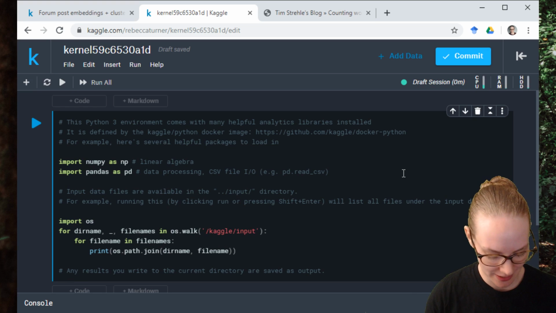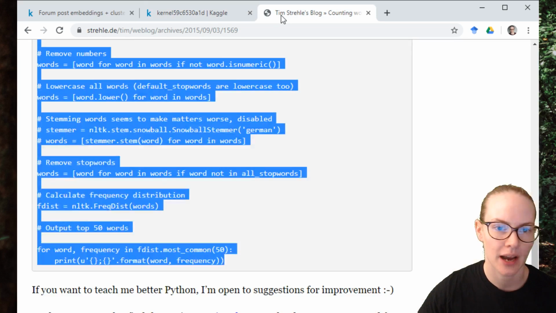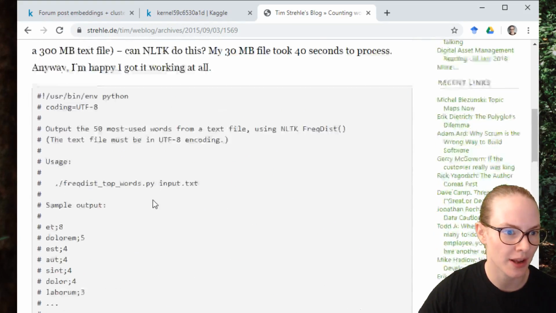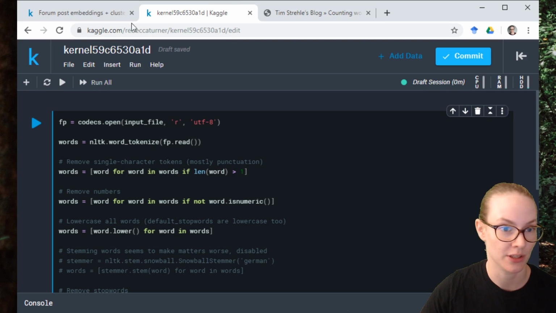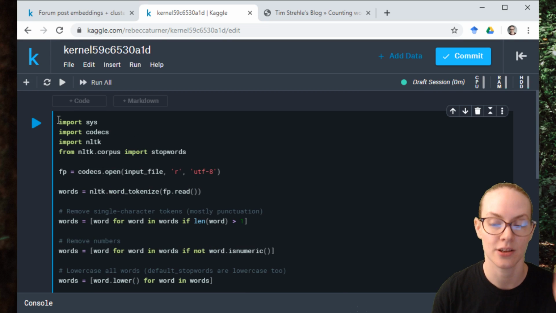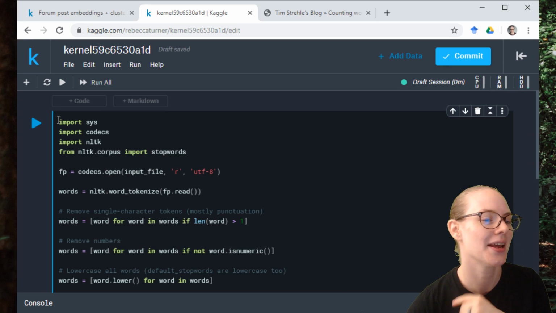So the things that we want to do, I don't love the snowball stemmer, but also we're not going to use the stemmer, so I think we should be good. I actually don't want to remove stop words. I do want the frequency for stop words, so that's something we're going to change. The reason is that we're going to be normalizing using the frequency of the most frequent word, which is almost certainly going to be a stop word, and I would lay good money that it is "the".